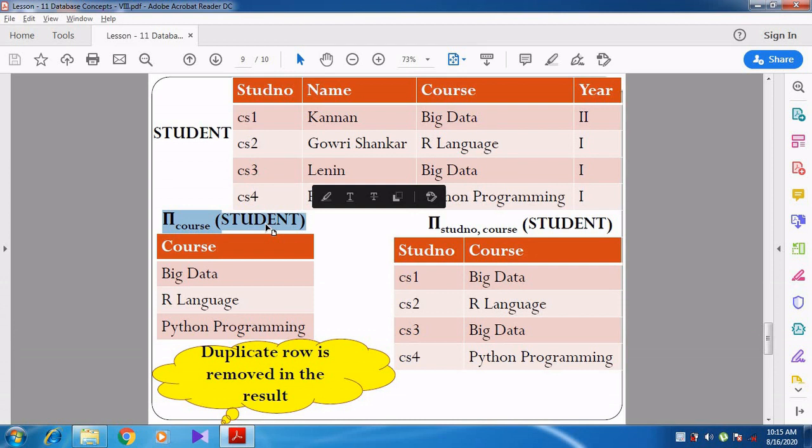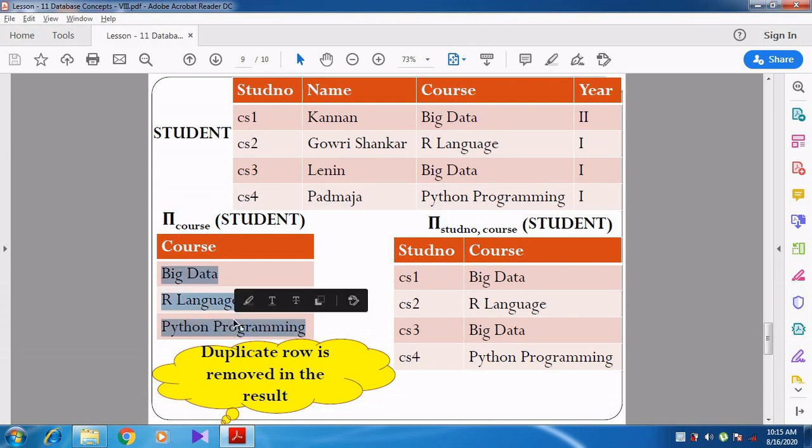I want to display only the course detail of the student table. So it will not display the other attributes except course. All the other attributes will be eliminated.